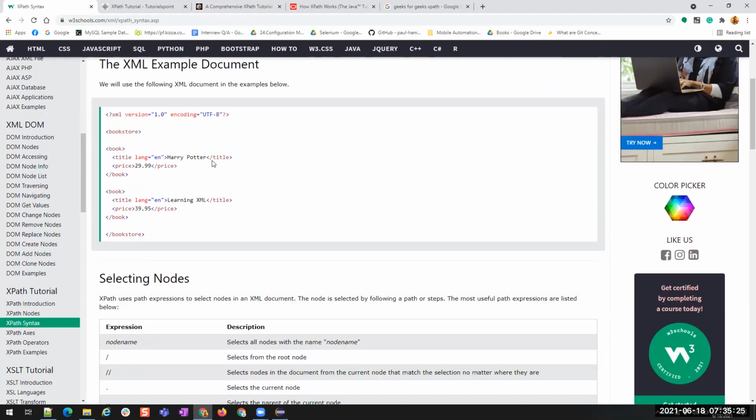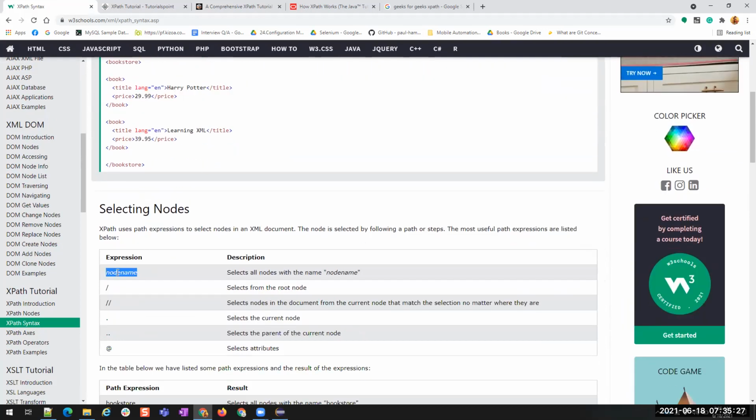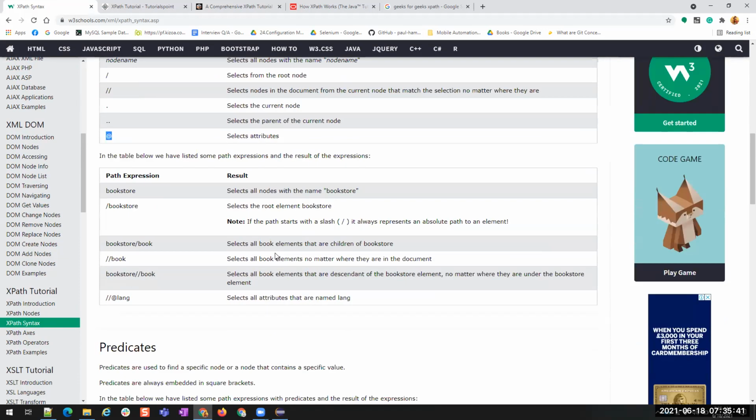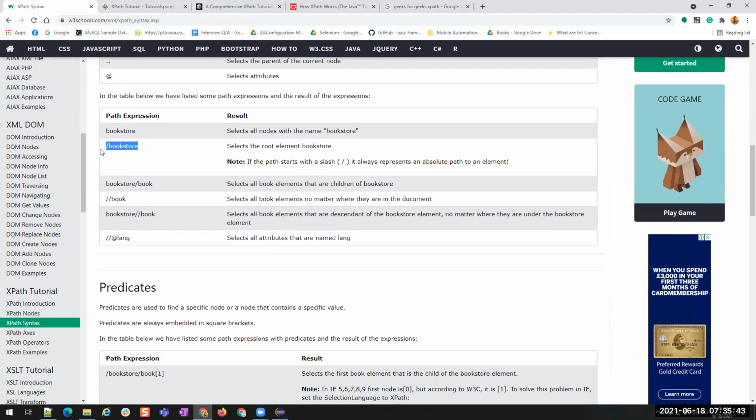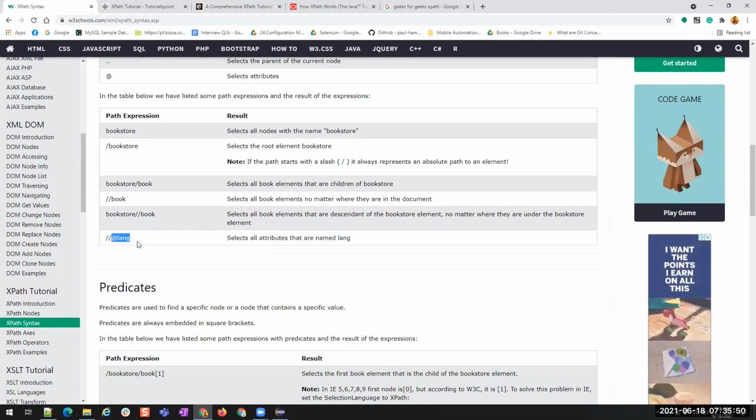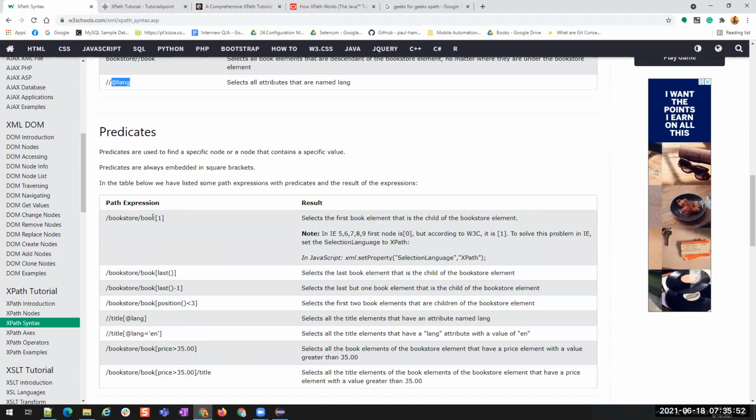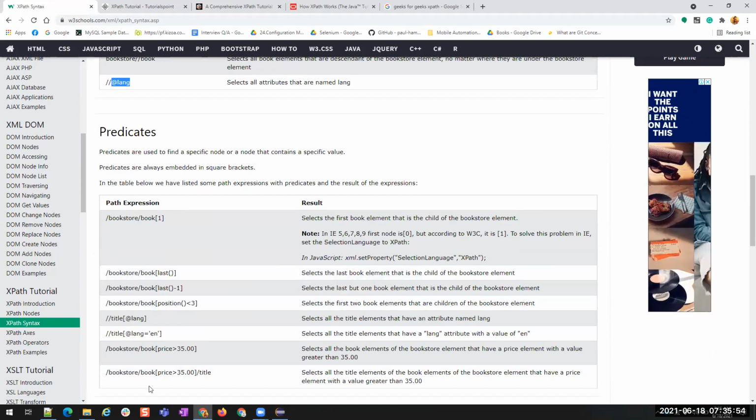This is an example giving explanation for the syntax of XPath: node name selects from the root node, double slash selects from any node, a dot selects the current node, a double dot goes to the parent node, and at the rate uses attributes. So these all things we have seen, right? The example /bookstore: the first element should be the bookstore, or inside bookstore I want any book. I want to use an attribute. So like this, we have some examples.